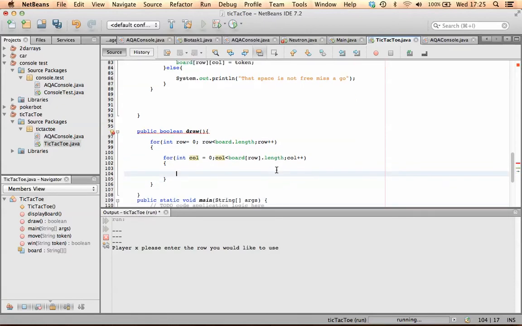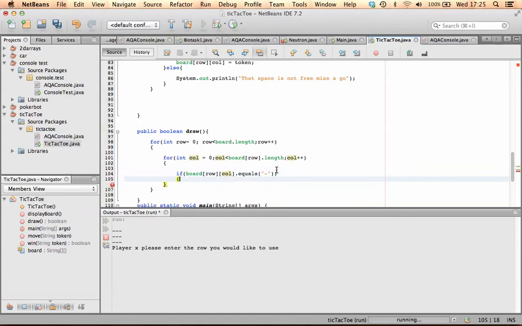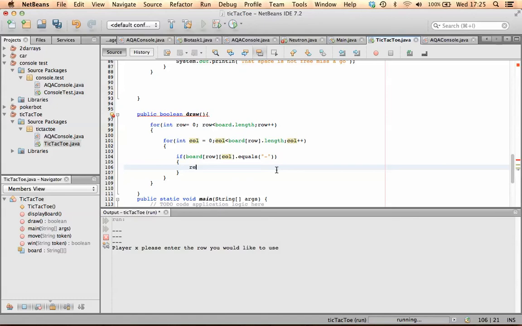And what we want to do is just want to check if the board element equals a space. So if board row col dot equals a space, if it does, return